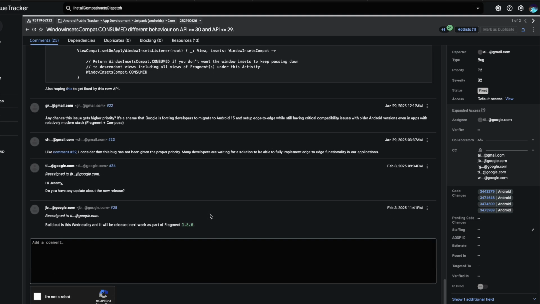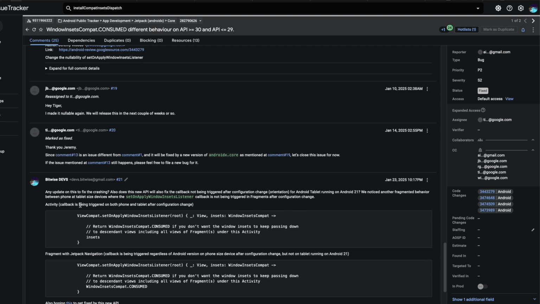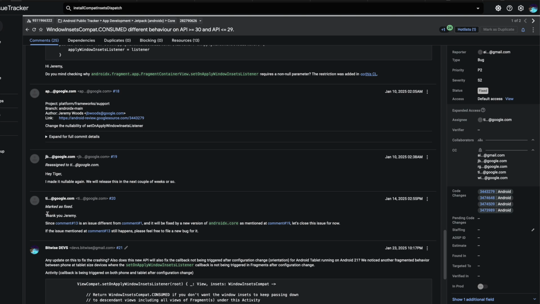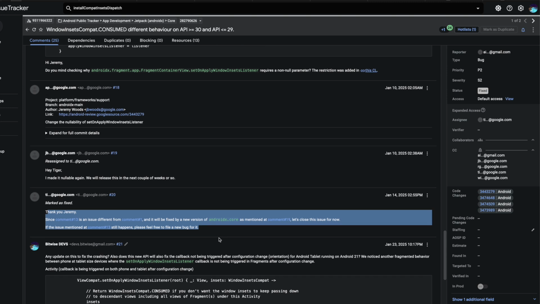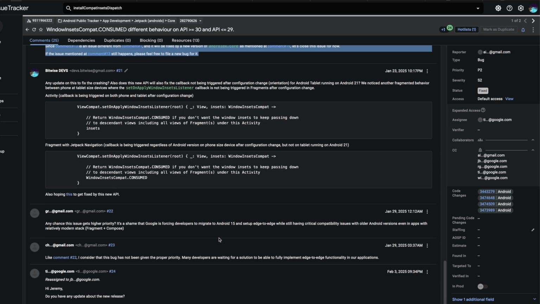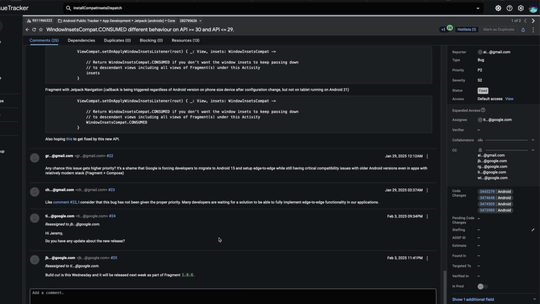So unfortunately for those who are adopting this new API, we are currently in development hell waiting for them to fix this. I just wish Google and the Android team avoid releasing such features and APIs while they are not fully tested, or at least not doing enough research, because this is very frustrating now.